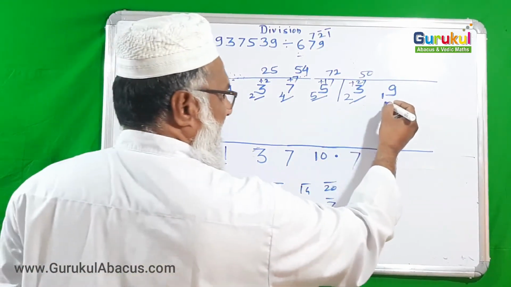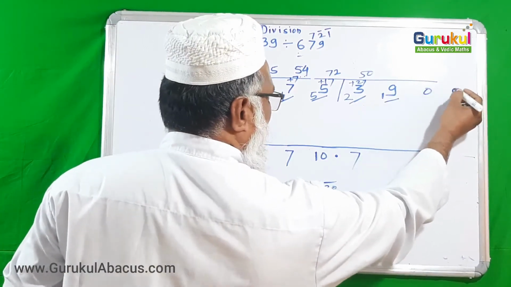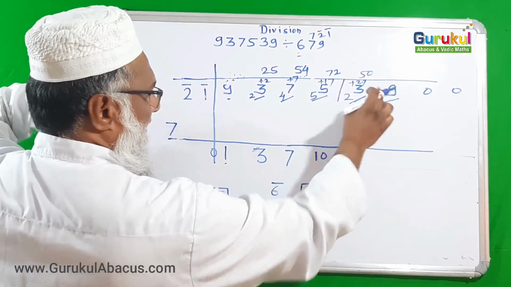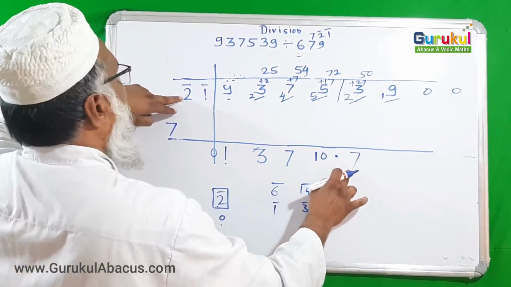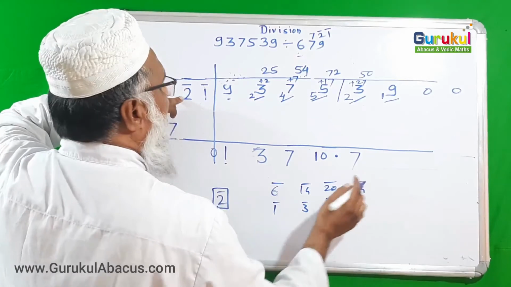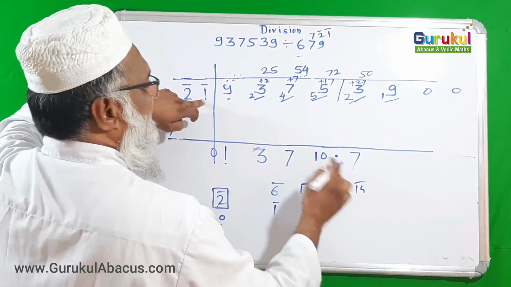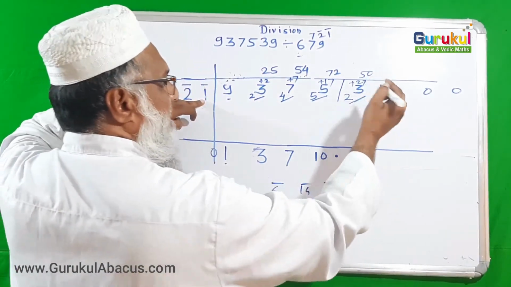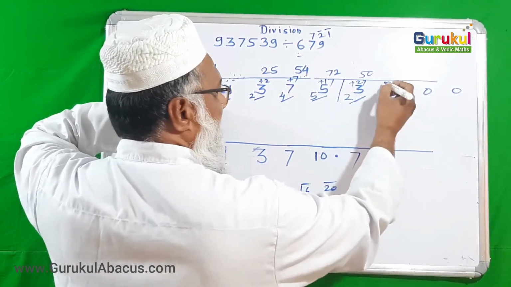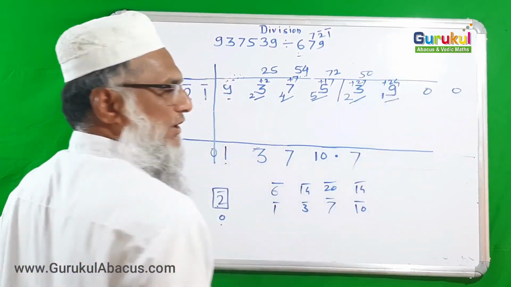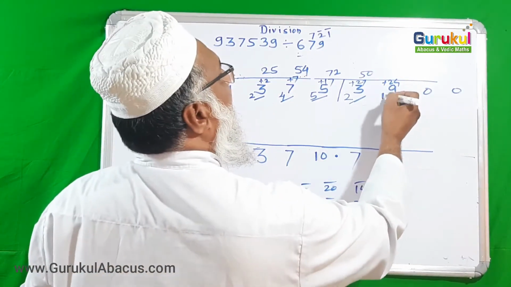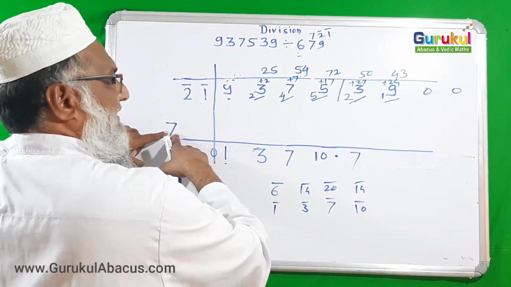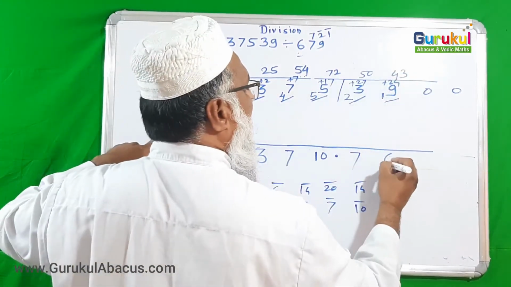Now 19 is there, some zeros I want to add here, 10 is enough, still adding 2. Okay, so 19 is here, in the 19 something 7 times 2 is negative 14 and 10 times 1 is negative 10, means totally negative 14, to subtract means negative 24, to subtract means adding 24 in it. So here I am getting together 43.